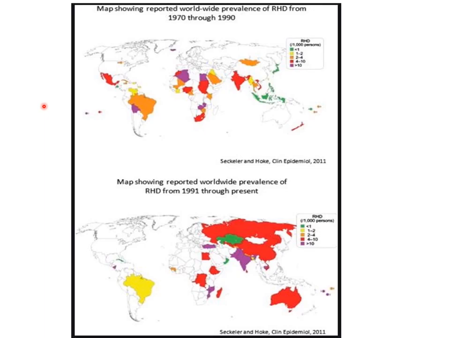If we look at these two maps, world maps, you can see that the prevalence of rheumatic heart disease was very high in the countries that are purple here, and Egypt is one of them, Algiers and Bolivia even in South America, where the prevalence was more than 10 per thousand population. That was in the 1970s and before. And we have a famous study called the Alub Heart Survey, which definitely showed this kind of prevalence. So it was a very rampant disease in Egypt, especially in the rural areas.